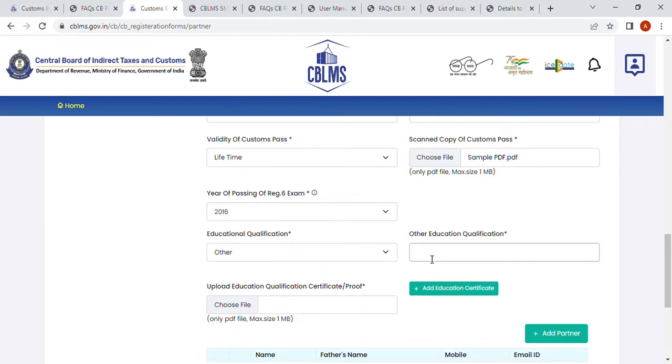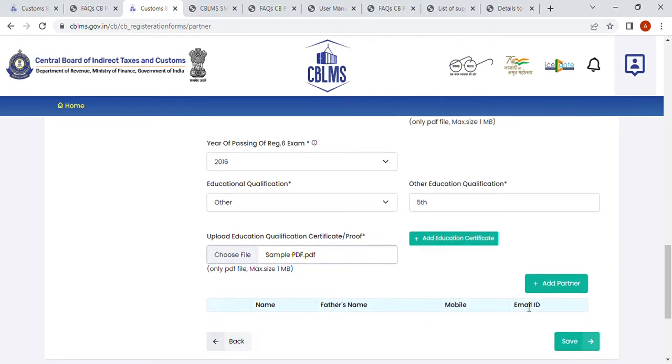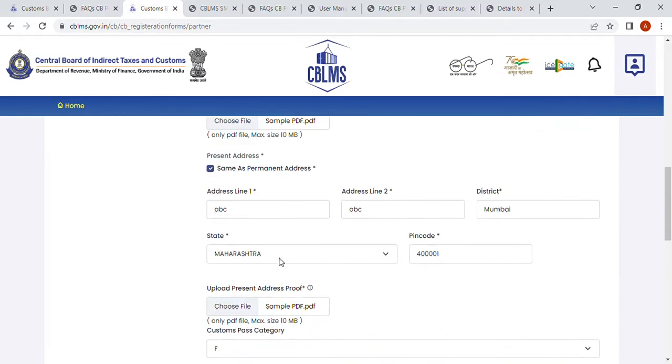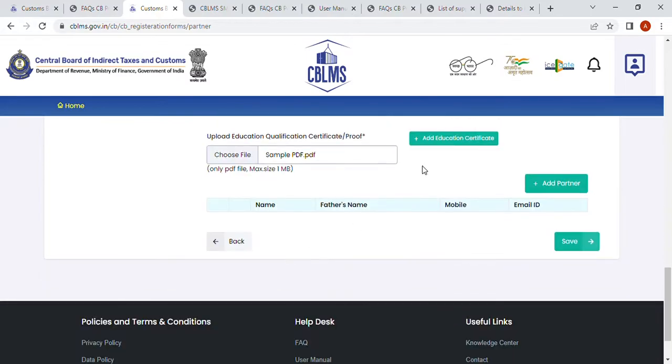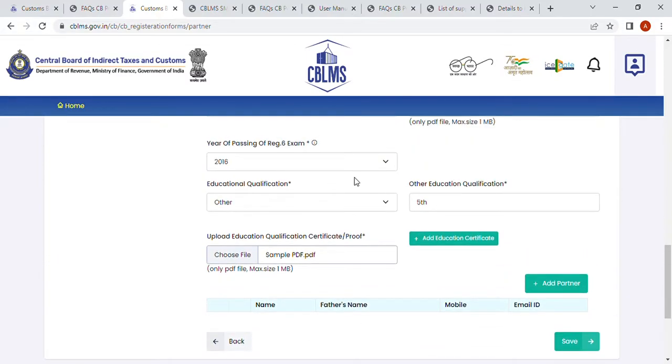Your other qualification, education qualification, just mention, say, fifth standard, upload the passing certificate or the standard or the mark sheet, whichever is applicable. Now, once you enter all these details, after this, if you wish to add more than